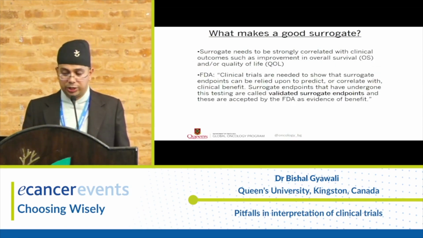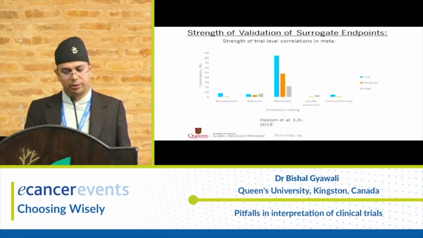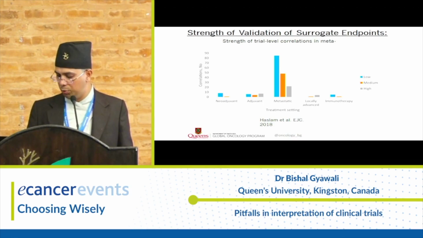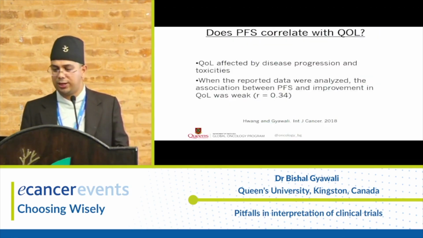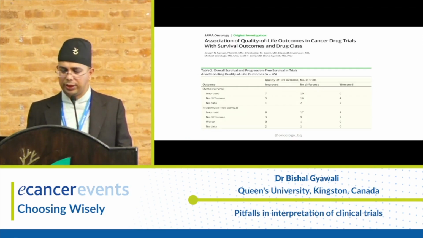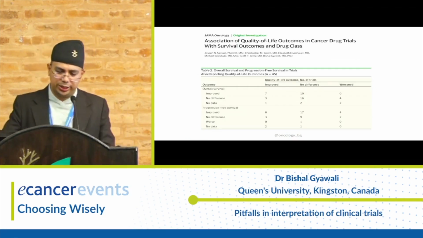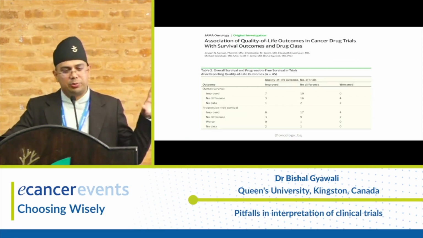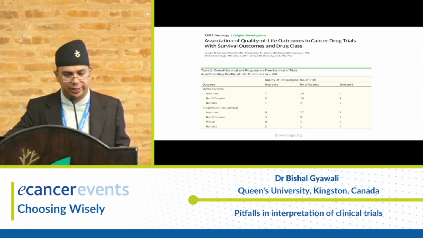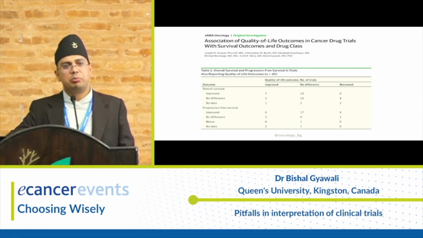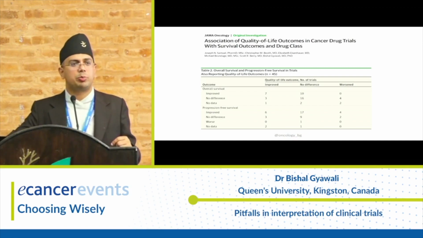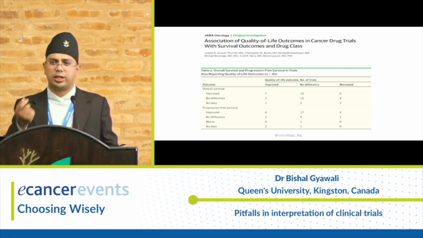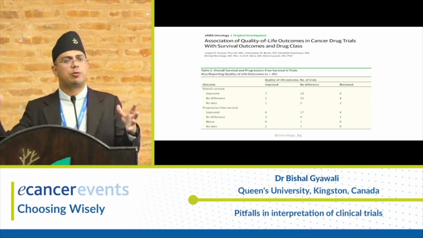And the surrogate needs to be validated, as Chris showed, but in most cases it's not validated. The validation is poor, and as Chris showed, the validation with quality of life is also poor. And this is a recent paper that we did, and I'm just putting this slide up to say one thing. In cancer drugs, they make a big deal about oral drugs, and they say that, oh, the patient does not need to get an injection, they are getting it orally, so this is chemo-free.